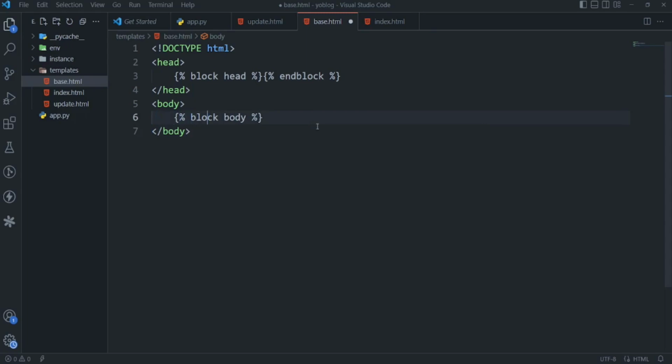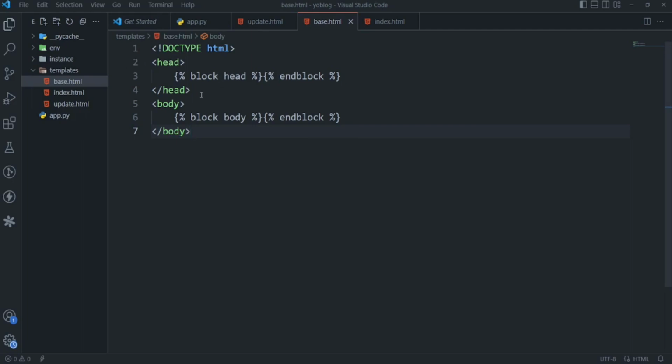You can actually just check the Jinja 2 templating language that Flask uses. We can also see end block here. Fine. So here we can just save our work, and you can see our base.html contains all the information,